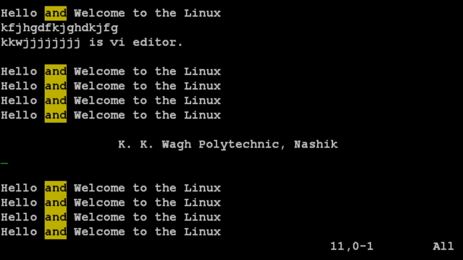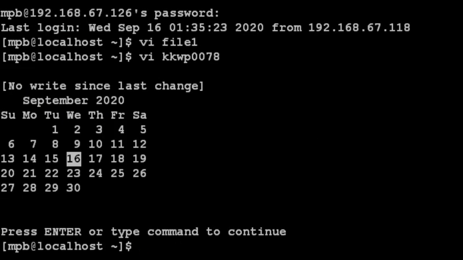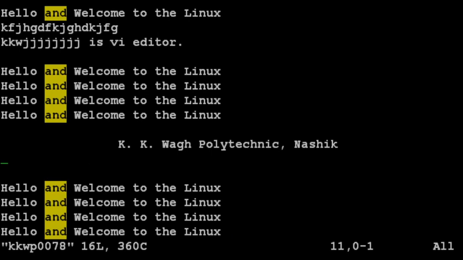Press escape, colon and W and press enter. Now your file is saved and you are in the VI editor. At the bottom you can see that it is written. Now if you want to save the file and come out of the VI editor, then press escape, colon and W, Q. Now W stands for write and Q stands for quit. For the same thing you can use X also. When you press enter, you will be out of the VI editor, you will get the $ prompt, but your file is saved. Again I am going to the VI editor, press insert mode so that you can write something.